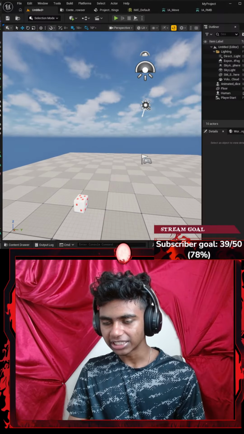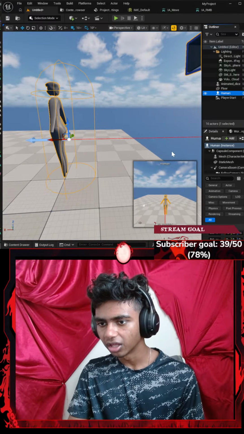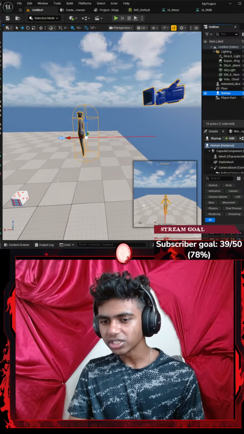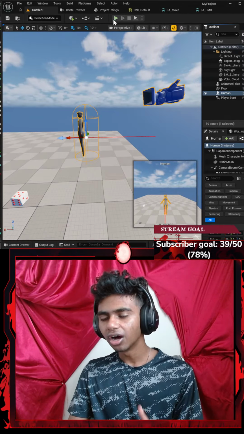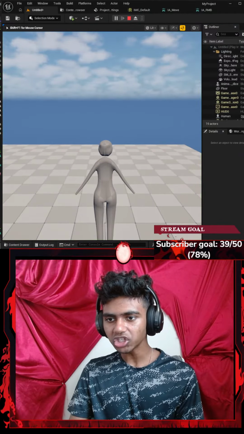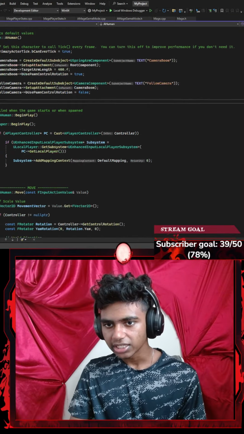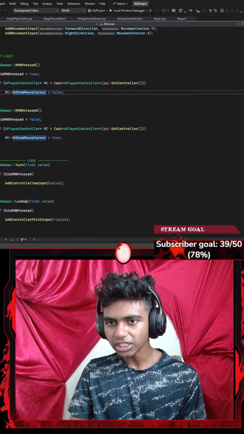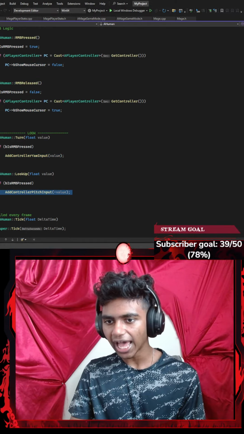I want to see if my dice animation works and all that stuff because this is a whole different camera, I'm assuming. Wait, was this the correct project? I have IA move, I have RMB. Oh, I see. If I run the code, I can't move originally unless I hit my right mouse button. Is that part actually here in my code? So, only if my RMB is pressed, I want to add my yaw movement and my pitch value.